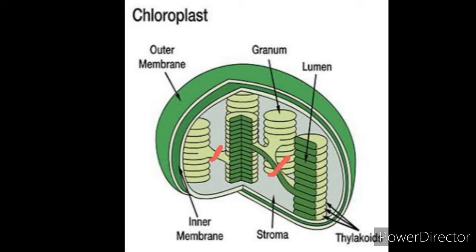The next one is the thylakoids, and these thylakoids consist of disc-like structures. Together they are called grana, and the single disc-like structure is called the granum. And these grana, as in a cylinder, as a whole, are connected with one another by a connecting membrane, which is called the Fret channels.